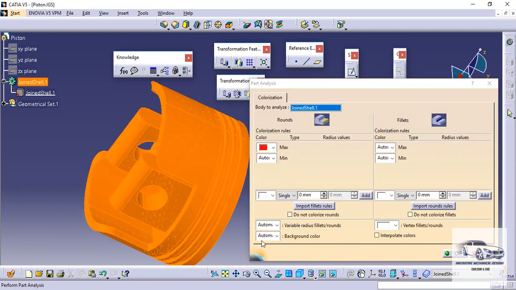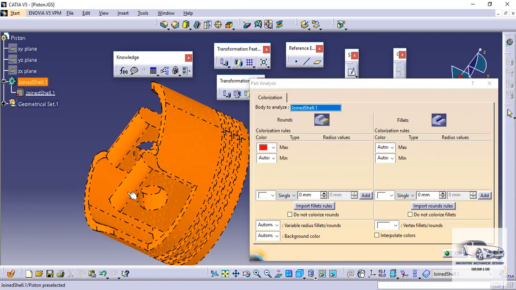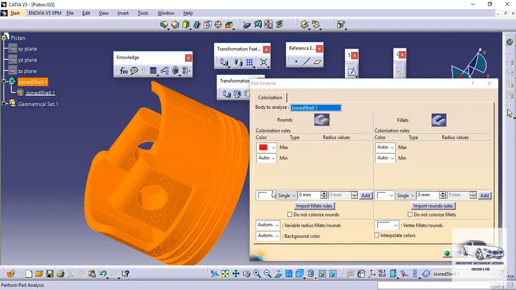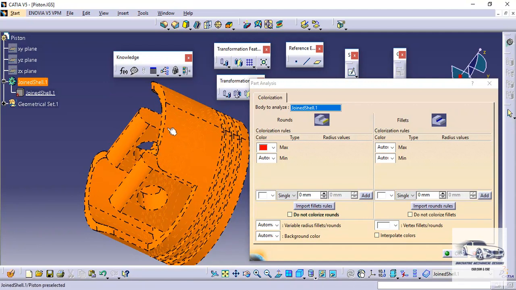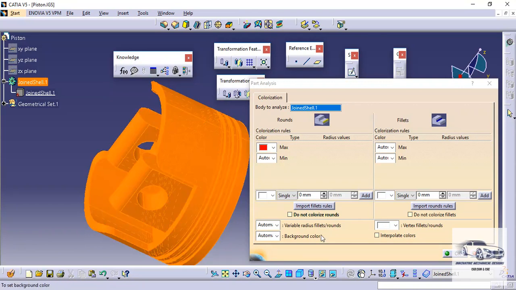Meaning that if we take a look at this particular feature, this is a round and not a fillet, since it is created outward. These are all rounds, and a fillet is created inward between the intersection of two edges or surfaces.